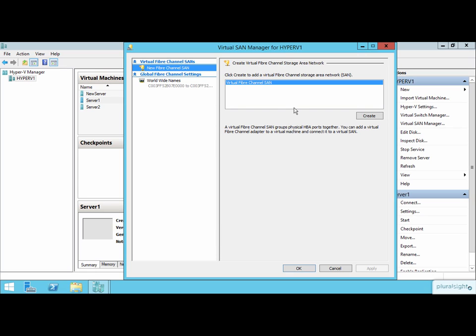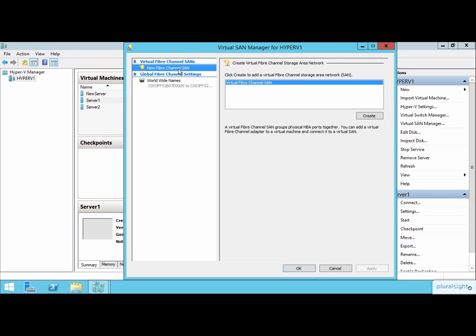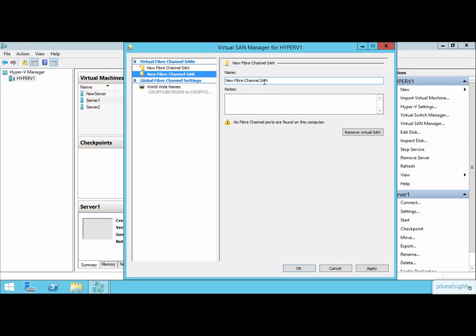Now, a couple things to point out, that when this is set up, a Hyper-V host could be connected to multiple physical SANs. You might have a development SAN, you might have a production SAN. Well, when you connect these, they're going to get different worldwide names. And that's what you see down here as the worldwide names and the ranges that we can use for those worldwide names when they make their network connections. In our case, what we're going to do is we're just going to create a fiber channel SAN, and we'll change his name here so that it's easy to identify. And we'll call this production SAN